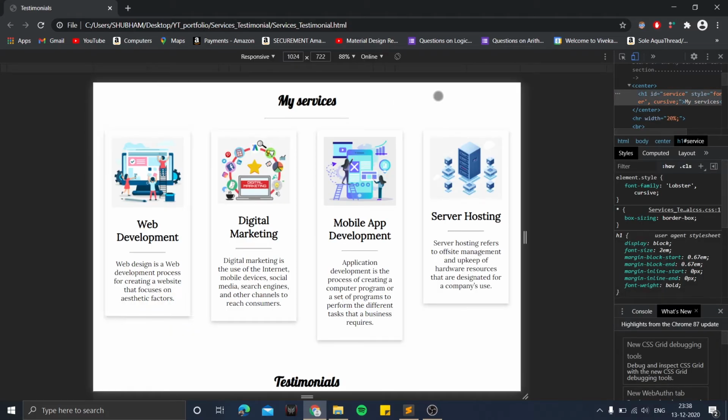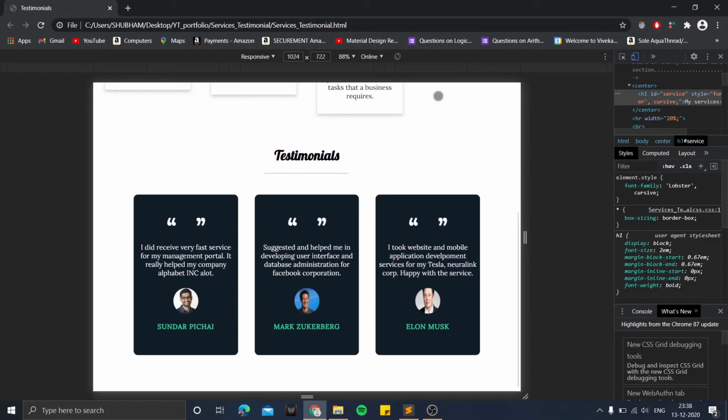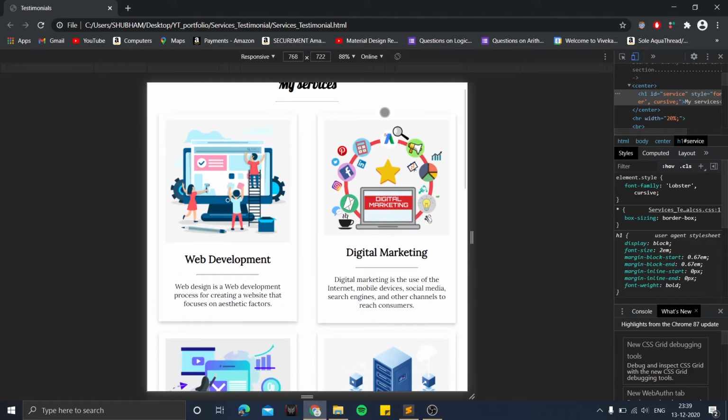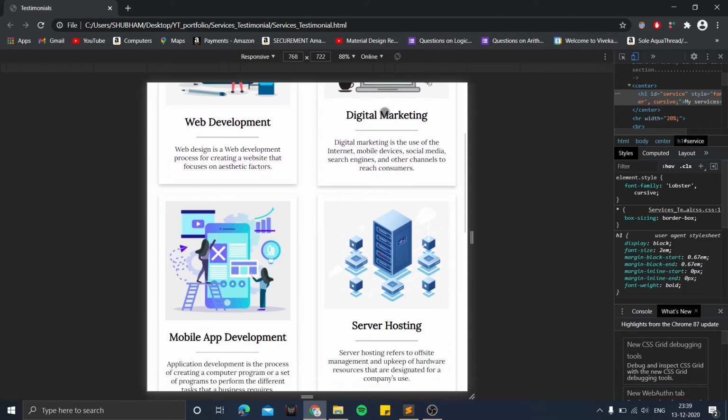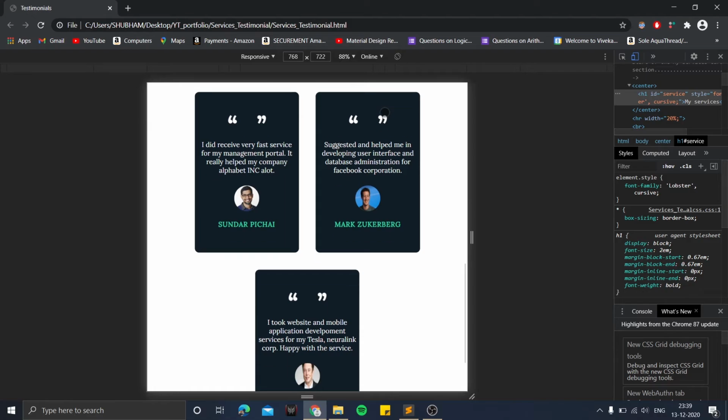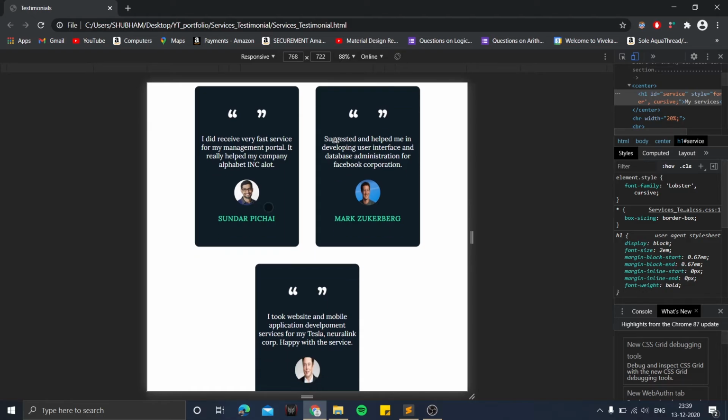We are now viewing the laptop view of our My Services and Testimonial section. You can see it's completely responsive in nature. Now let's go to a tablet view, which is 768 pixels. Here you can see four cards are getting converted into a 2x2 fashion and testimonial cards are also responsive with this alignment.